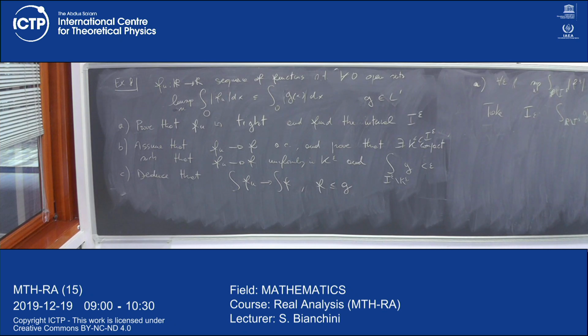So by the assumption, there exists N such that for all n greater than N, the integral of fn, to the modulus, even because I have the lim sup, is less than epsilon. Because the lim sup being less means that at some point it is less than epsilon. And then, okay,